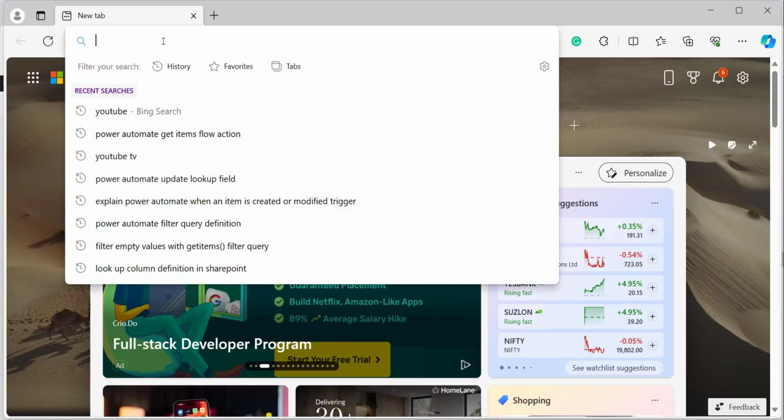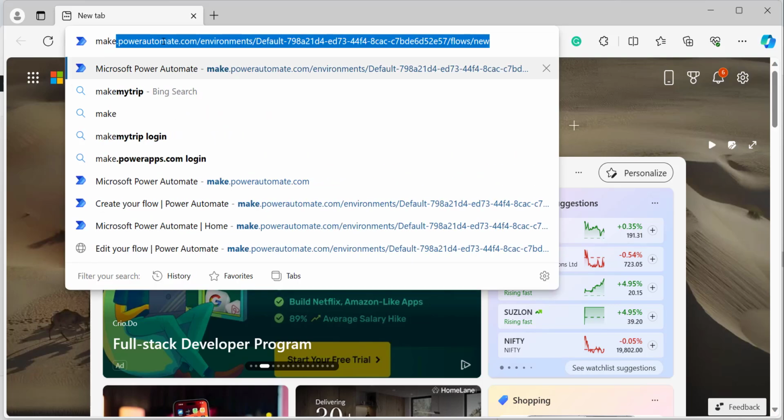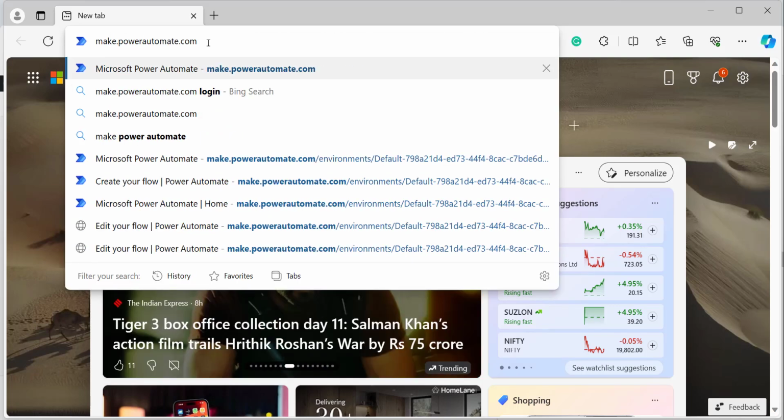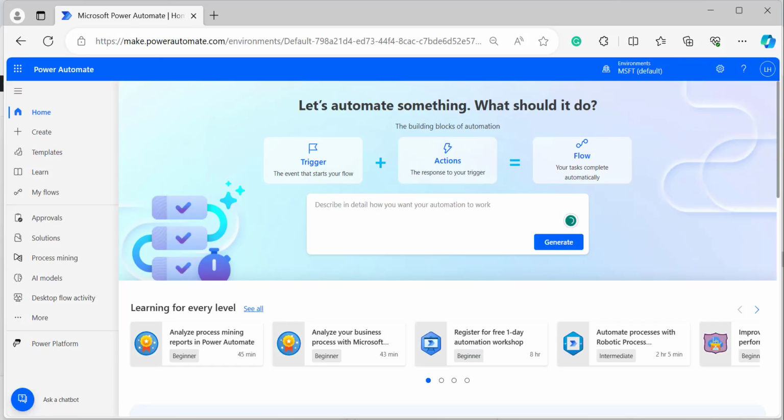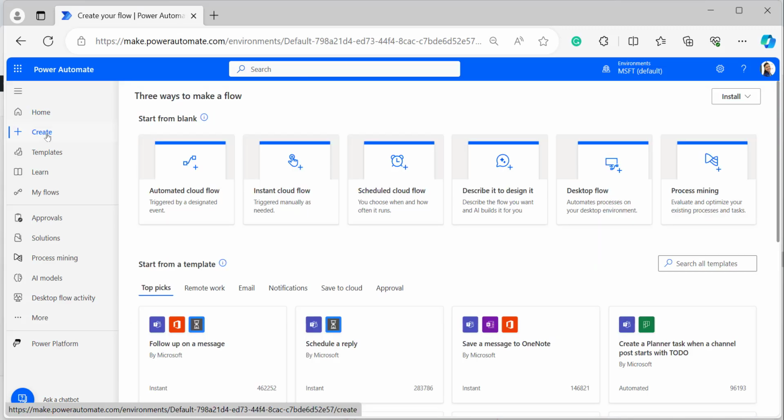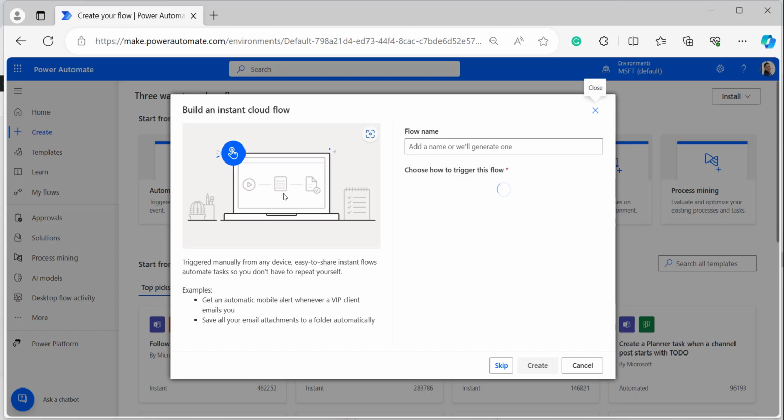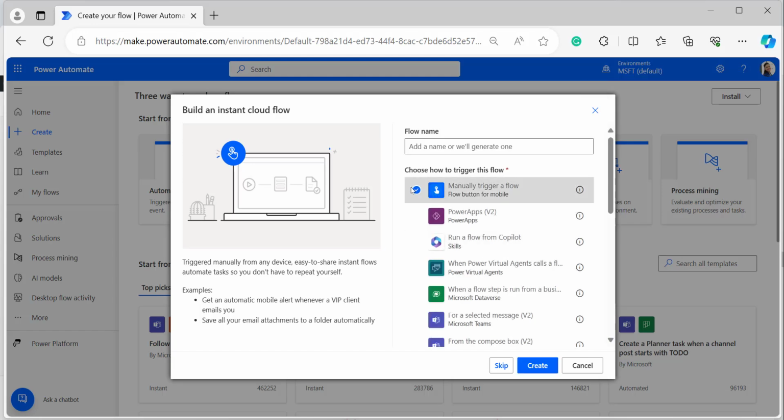To open the Power Automate homepage in the browser, type make.powerautomate.com. If you have already logged in with your Microsoft credentials, it will directly navigate to the Power Automate homepage. Now my Power Automate homepage has been opened. I will show you these examples by creating an instant cloud flow. So let's create an instant cloud flow: click on create, select instant cloud flow, and select the trigger